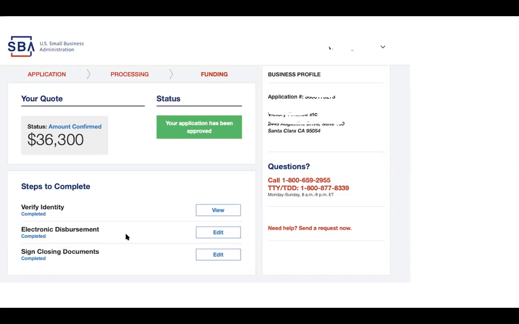And then also, now this electronic disbursement, that's for you to put in your business checking account. You want the money to get in, okay? So that part will be grayed out, because all it says is you're qualified, and that doesn't mean you're approved. So you get these two steps completed, okay? And then this third part will gray out, and then a person from SBA, basically their loan